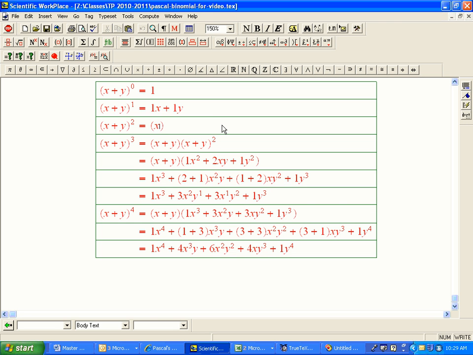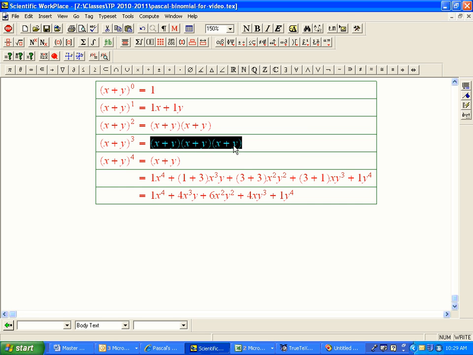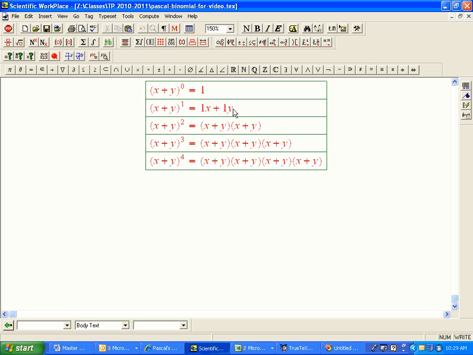as just x plus y times x plus y. And this is going to be x plus y, x plus y, x plus y. And let's see what happens when we do that. So for example, this one is going to be 4 of them multiplied together. And let's pretend we don't know the actual answer yet.